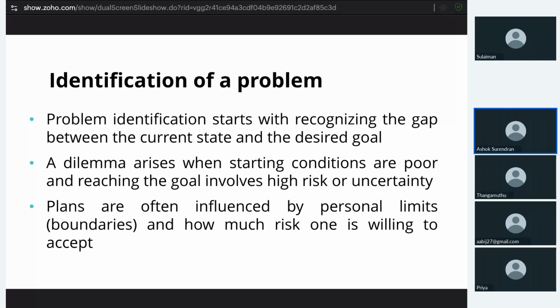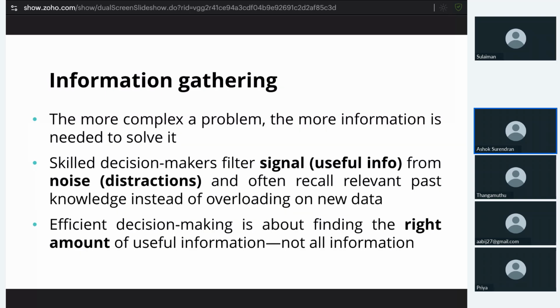So the gap here is the performance. The dilemma here is whether the student should invest more hours to study so that the percentage can go up, or whether the student still enjoys playing and spending time with friends and other stuff, so that the student spends lesser time. So the dilemma is, from the current state, what improvement we want to make so that we reach the desired goal. So first is the identification of problem. And the second thing is information gathering. So the more complex the problem is,